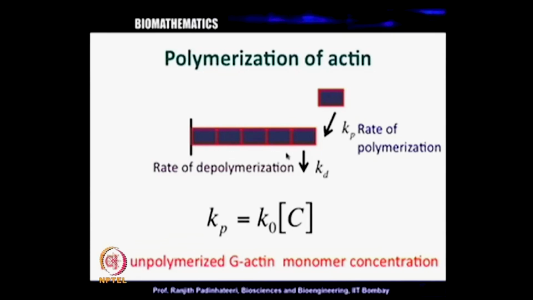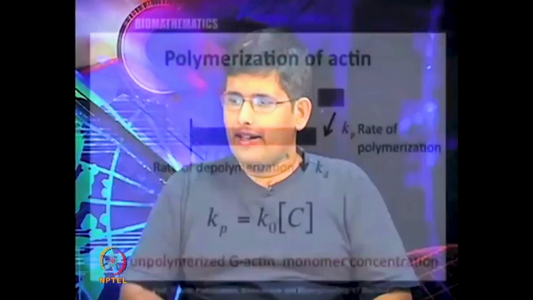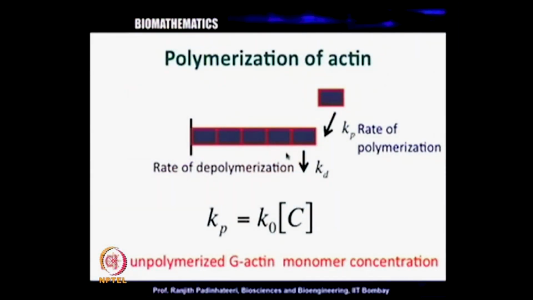So, Kp and Kd are 2 rates. Kp is the polymerization rate, the rate with which these filaments polymerize. These monomers keep joining together and becoming a longer filament, and Kd is the rate of depolymerization. If you have these monomers, they depolymerize and come off. So, the net polymerization obviously is what we want to calculate, but before that, when you think about this,